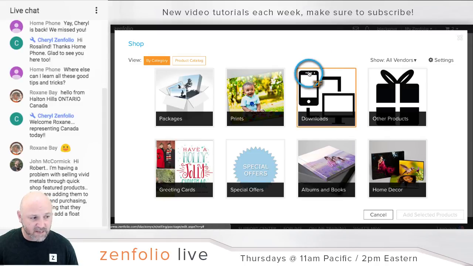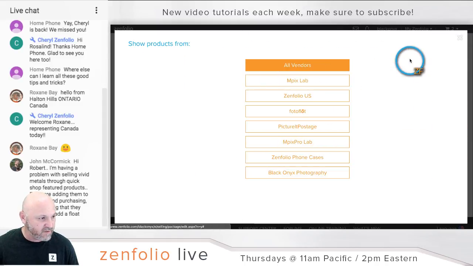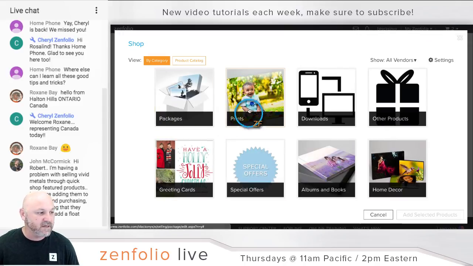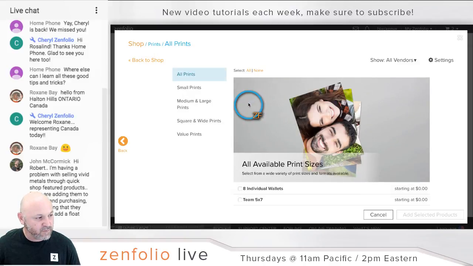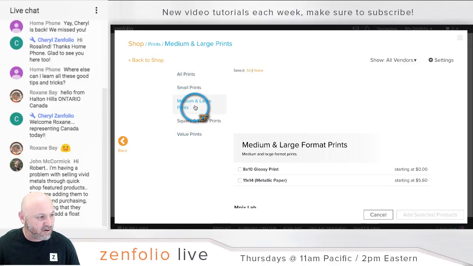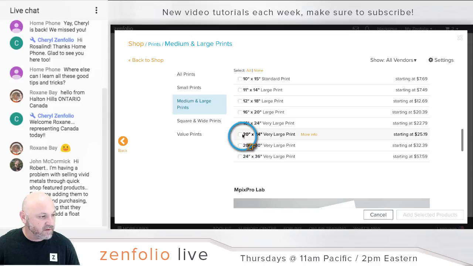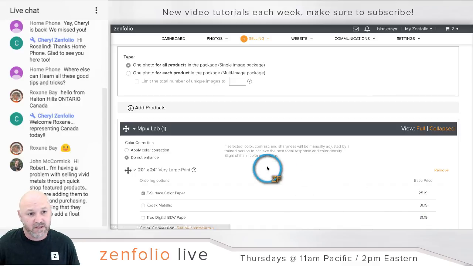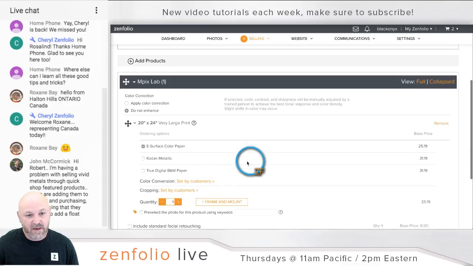And then for this, I'm just going to do a print. Well, let's see. Can I do it? I don't have it because of the currency. All right, let me go to add product, and I'm going to do prints really quick, and then just choose a large print. But then, John, the second step to this is to add the mounting to it. So now if I come down here, I can actually go to the frame and mount option, John,